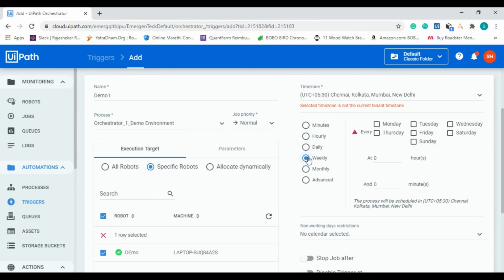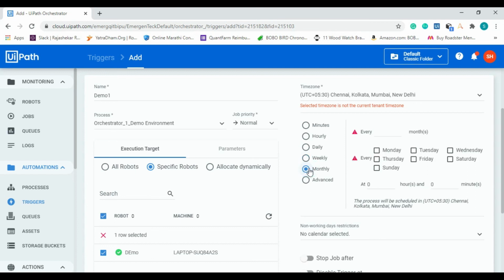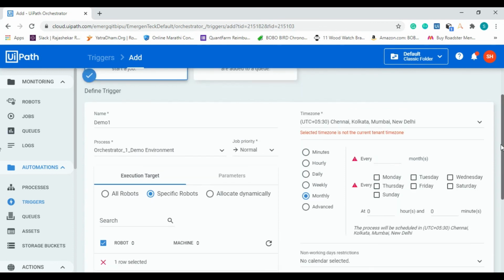So Monday, Tuesday, or suppose Sunday. At what time you have to run that process? Same as monthly, start of the month, or we can say every month or every Monday or every Thursday. So likewise, we can run the process. And after giving all the information, simply click on add. So it will add your process to the scheduling.